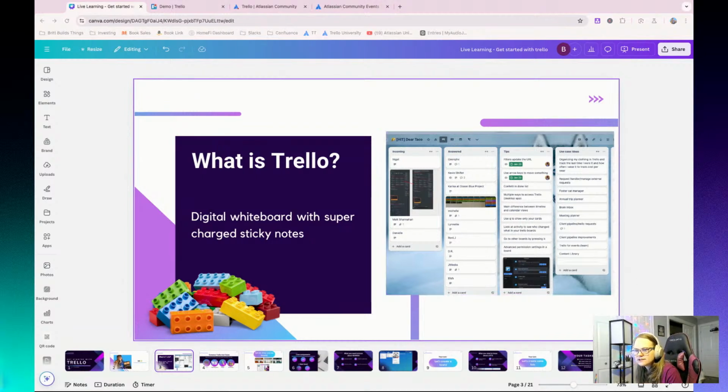Oh, did I freeze? It looks like I may have frozen. Yay, Wi-Fi. Hang on one second.